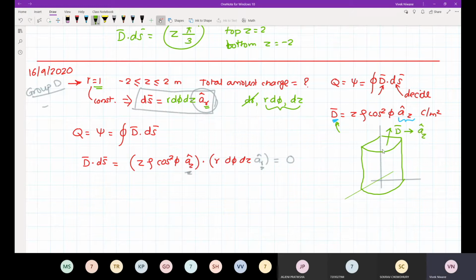It is coming out of the top surface. D bar does not have the direction associated with AR cap, meaning it is not coming out radially. Where is it coming out from? From the top surface. So we do have two surfaces which will take care of D bar: one is the top surface and another is the bottom surface. On the top surface D bar is coming outside and on the bottom surface D bar is going inside. If it does not go in, how will it come out? So we need to analyze the top surface as well as the bottom surface.